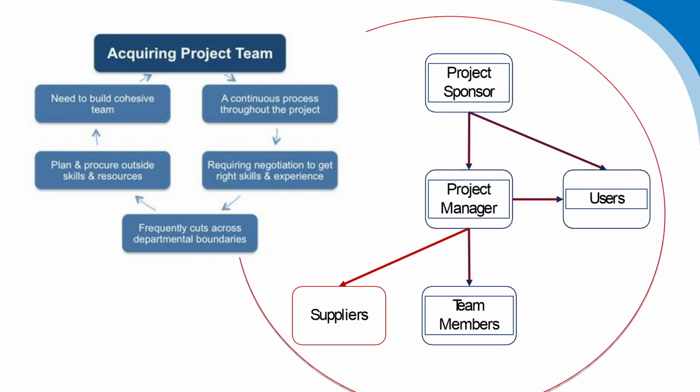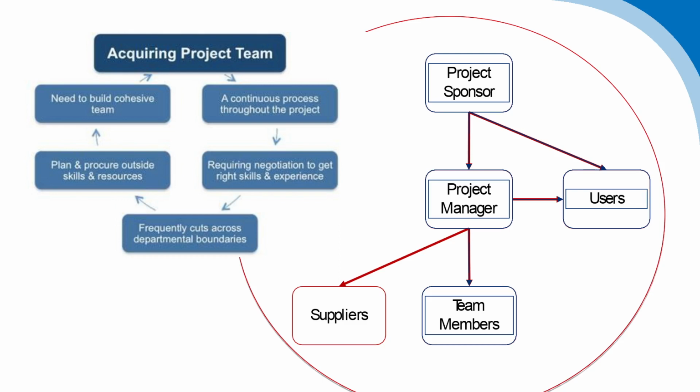These team members are almost certainly going to be pulled in from different departments, whatever skills the project needs in order to achieve its objectives. You're going to pull in people from different areas. So if you're running a project, for example, to implement or develop a new website, you may have people being pulled in from marketing, people pulled in from the IT department, people pulled in from the product side. So lots of different cross-functional team members will come together in the project team.